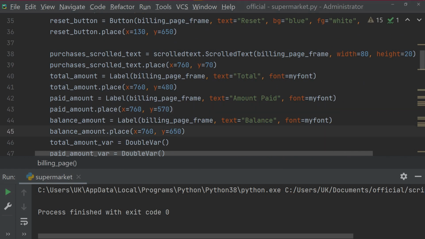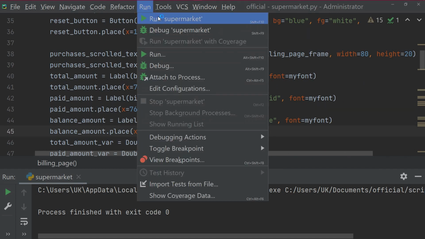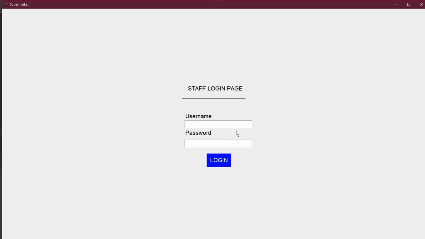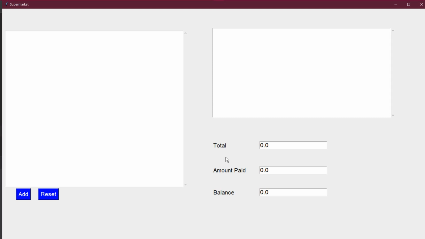Okay, so we are good to go. So let's go again. Staff, continue, credentials. Okay, so I think it's looking good now, but still this add and reset button, since the add is actually